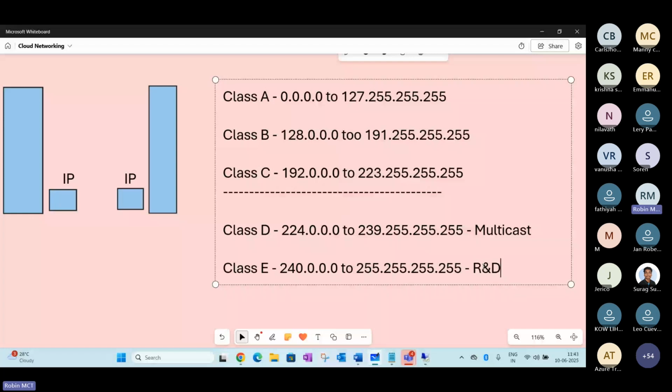So technically, any resource which you are managing in the cloud is going to be configured with a class A, class B, or class C IP address. Any IP you get in IP version 4 for your VM or firewall or any of the network services is going to be assigned a number between class A and class C. And you may have heard there are two types of IP address: one is called a public IP address, and another one is known as a private IP address.